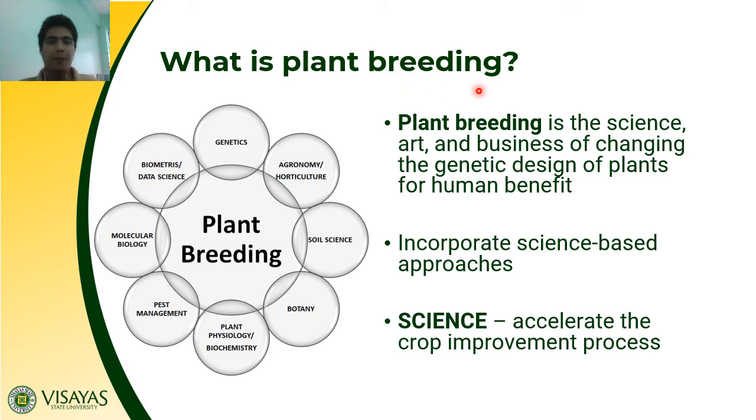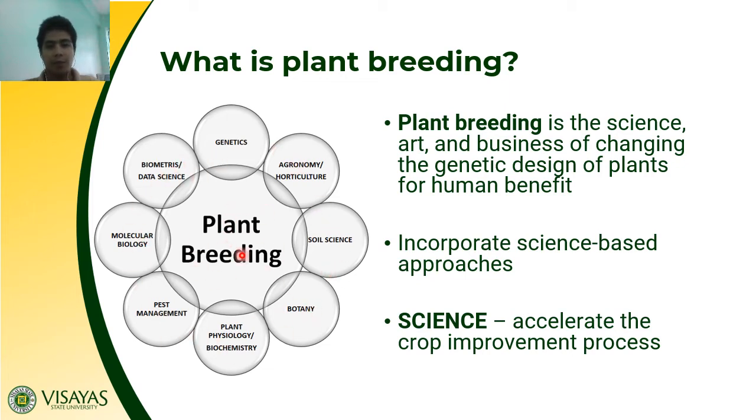So what is plant breeding? Plant breeding is actually defined as the science, art and business of changing the genetic design of plants for human benefit. So you have seen this figure before, wherein you have here the plant breeding surrounded by several relevant disciplines, and a plant breeder must have knowledge in each of those fields